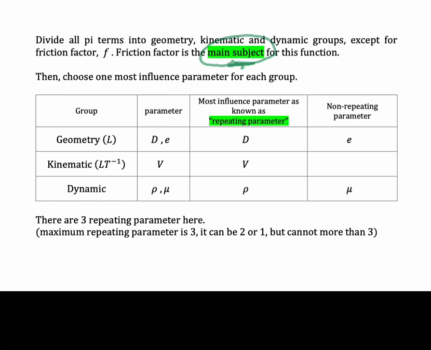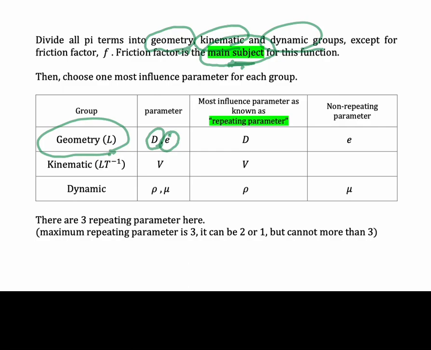Please remember that we have 3 types of group: geometry, kinematic, and dynamic. For the first group, geometry, normally the unit is L. So everything that has L only will be grouped as geometry. In this situation, we have diameter and roughness,